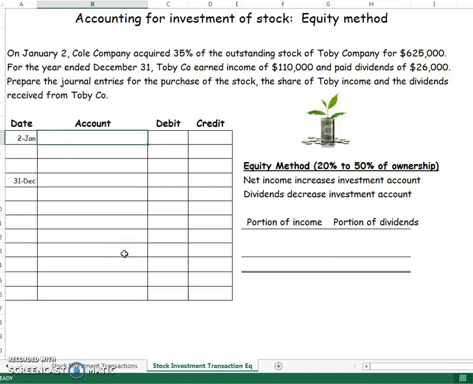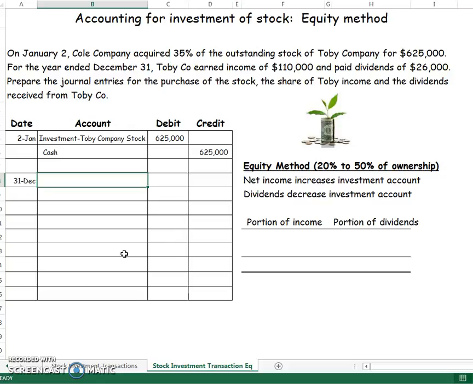So on January the 2nd, our company, Cole Company, acquired 35% of the outstanding stock of Toby Company. And they tell us the amount, so we can just put in $625,000, and we paid cash for our investment. We are investing our cash into a company. All right, again, because we have 35%, it tells me that we're going to use the equity method to account